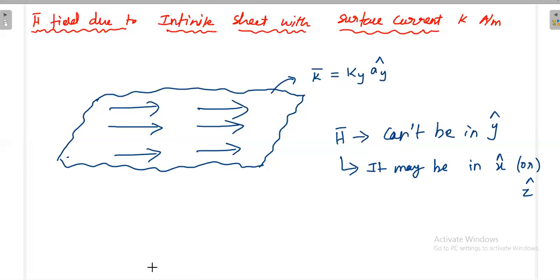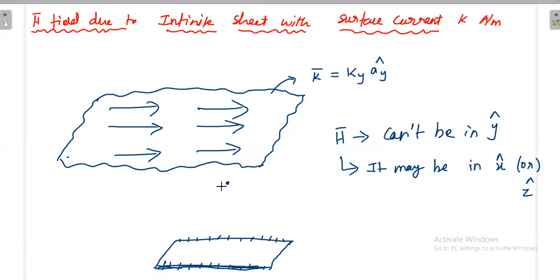say for example, if this is my sheet, I am taking only extreme lines. There are many lines, I will come to that later. Now I am going to take extreme lines. Say if this is one line, and I am taking another line, something symmetric like that. I am standing in the middle of the plane.